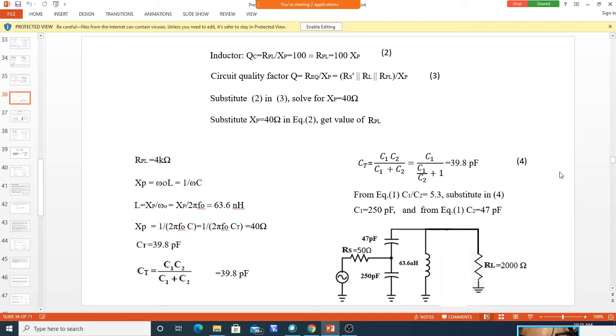I will give some assignment on these three problems. You solve them, you can easily get them. And you will also get confidence if you do these things in the simulation tool.